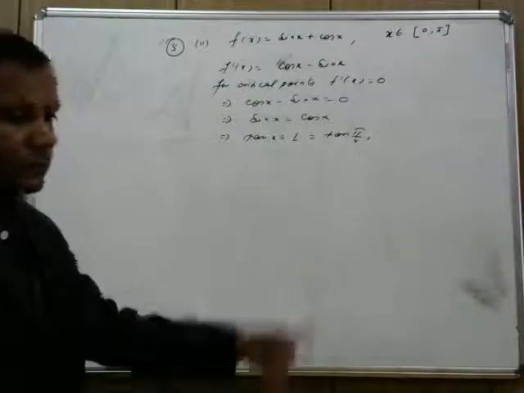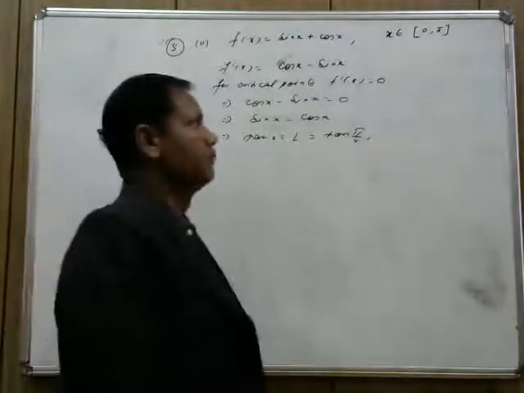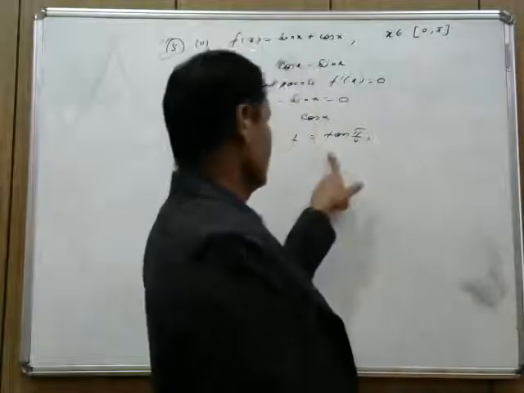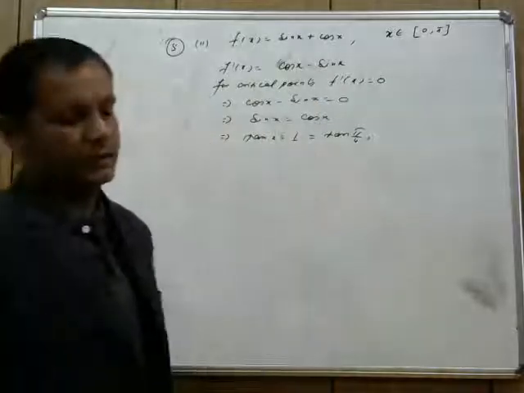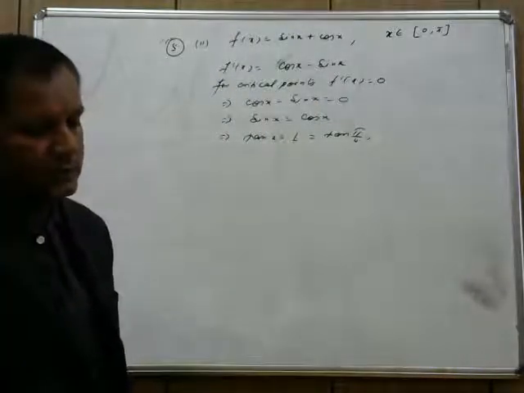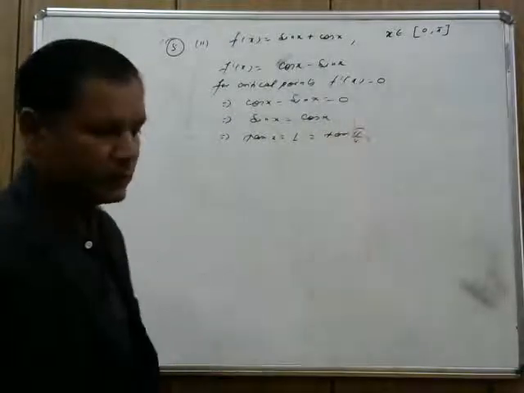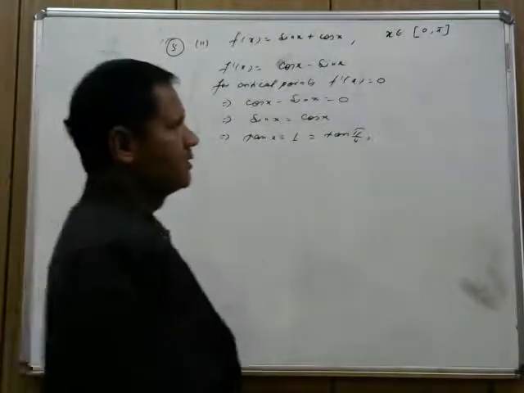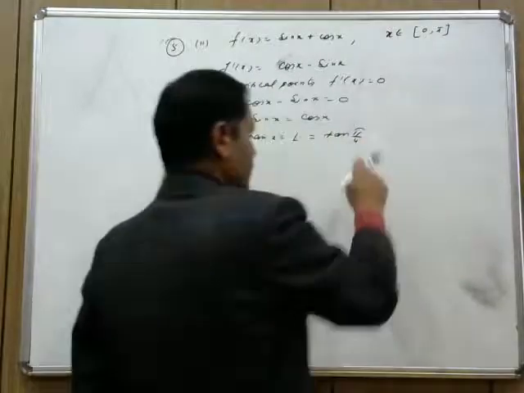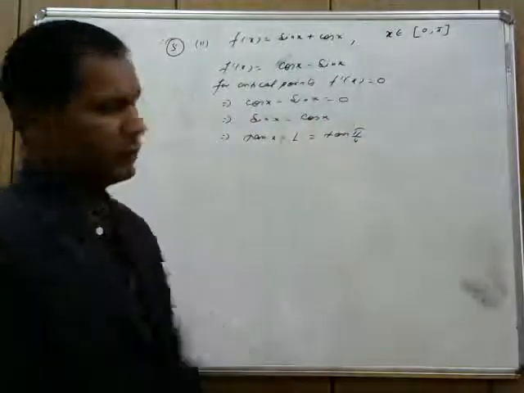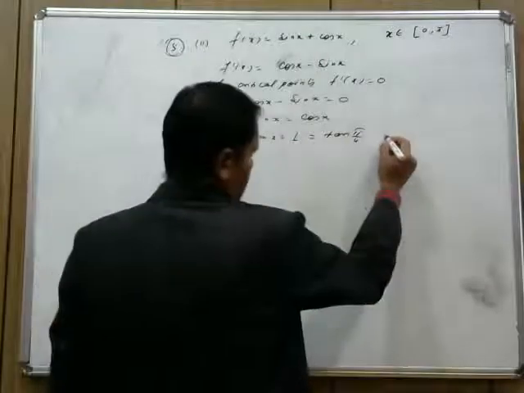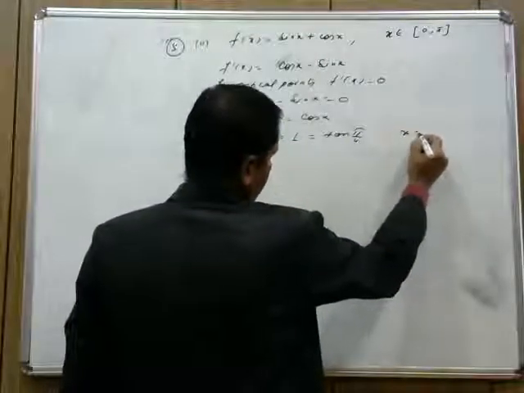Right? Can I have some other value? No. Why? Because tan is positive in the first and third quadrant. In the first quadrant, the value I have written is pi by 4. If I go for the third quadrant, it doesn't lie in the interval. That's why only one value I will take, that x is equal to pi by 4.